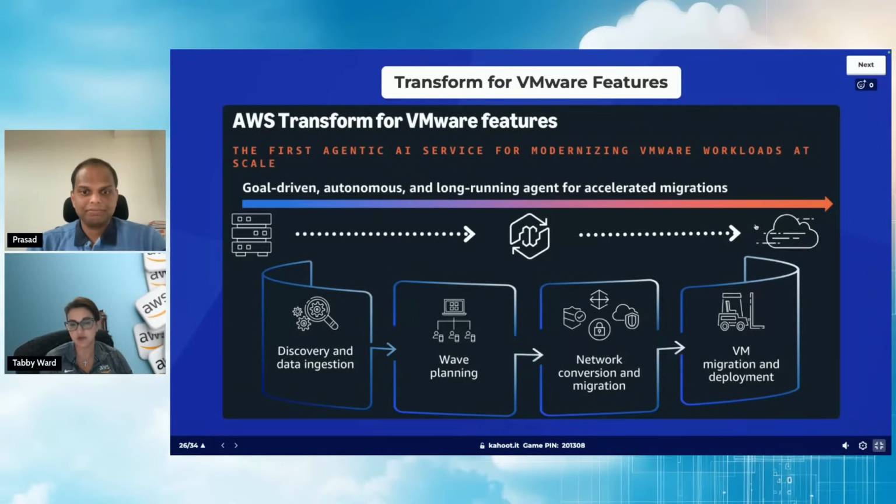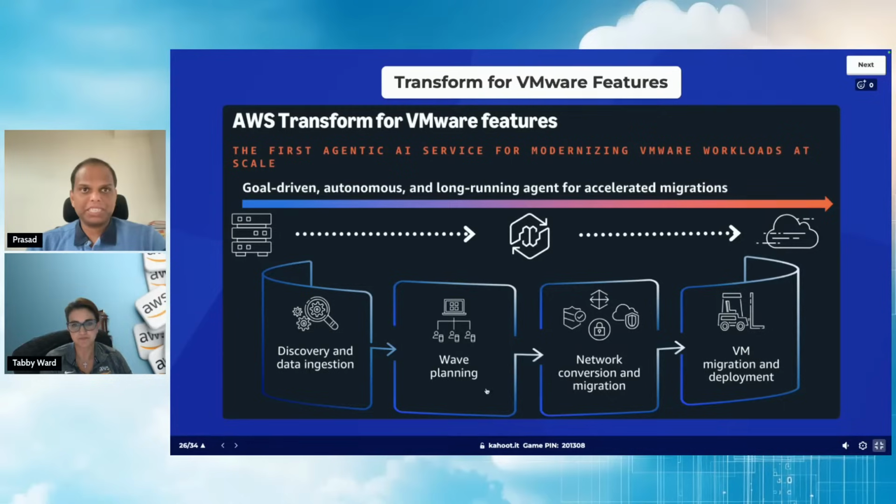So the beauty is that it's not eliminating us, it's just doing undifferentiated heavy lifting work, and then we go in as an advisor and supervisor to make sure it's doing the right thing. So Prasad, if I'm not wrong, we've proven that to be 80 times faster, specifically if we use a certain aspect of the network translation versus doing it manually.